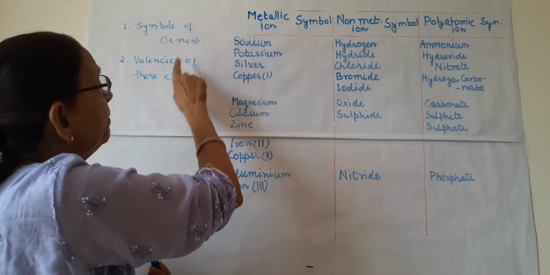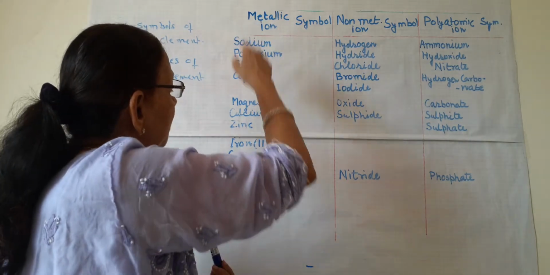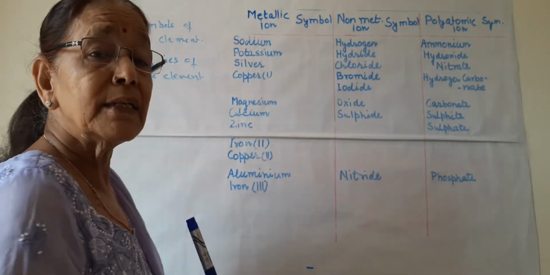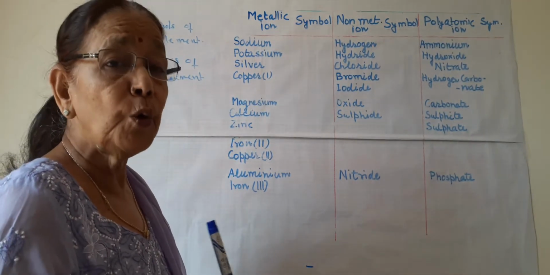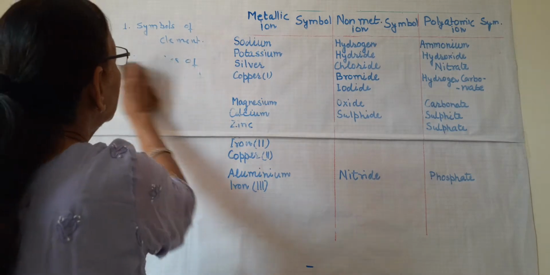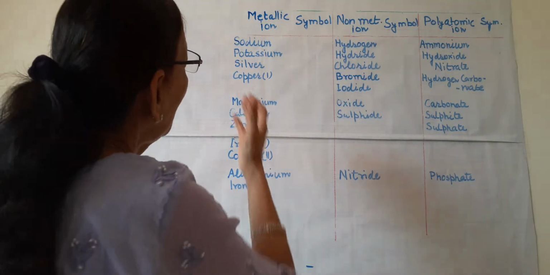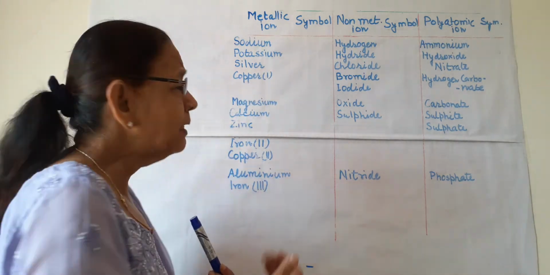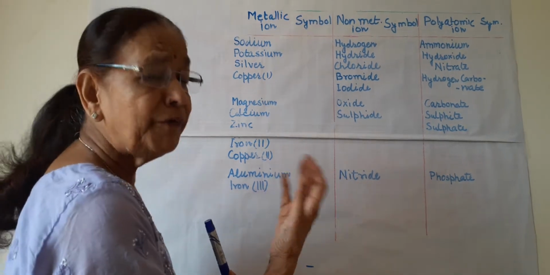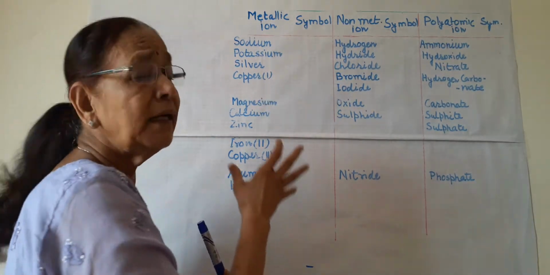So we should know 2 things. One, the symbol of the element. All of you know symbol, suppose sodium is there, what is the symbol? So these are elements I have written here. We will just write the symbols. And second, valencies of these elements should be known to us for writing a correct chemical formula. So these are two requirements for writing a chemical formula. Now I will give you some symbols of very common elements which we use in day-to-day life and even in our chemistry chapters, and their symbols and their valencies.